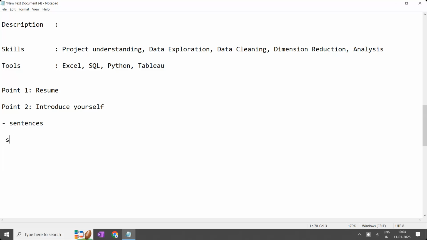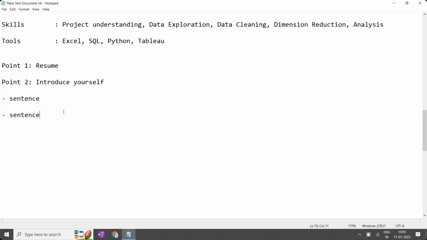In the introduce yourself, generally, forget about my resume building session and how I'm going to explain for you. Generally, how many sentences are you going to write? I mean, how many sentences are you going to explain? Tell me that. Write sentence 1, sentence 2 like this. Don't think in your mind, I want it on a notepad. In the mind, I will think so many things, but while speaking outside, only fewer things will come. So write all the sentences in sequential order, in the way you want to speak in front of the interviewer.